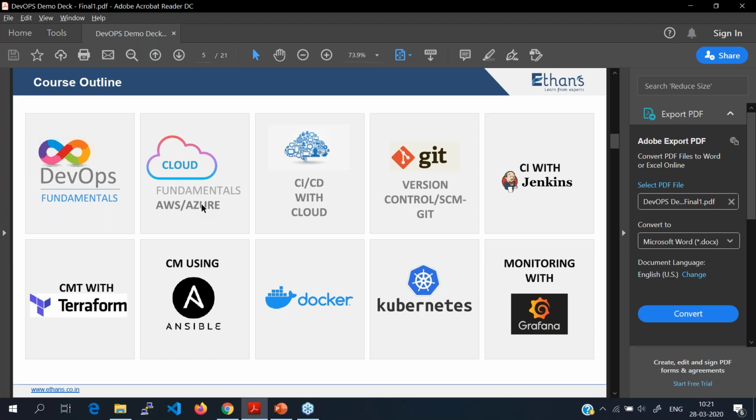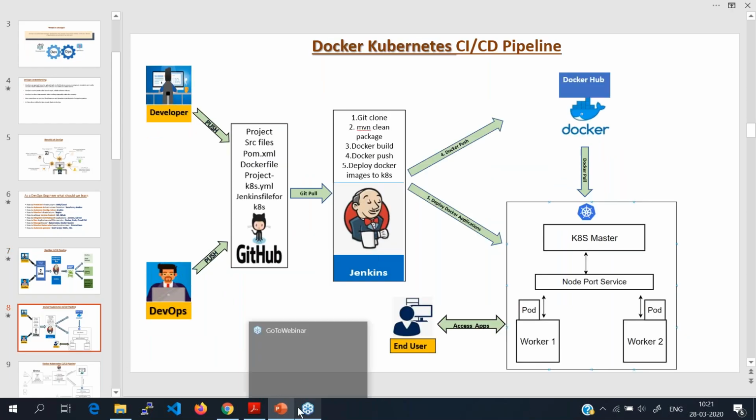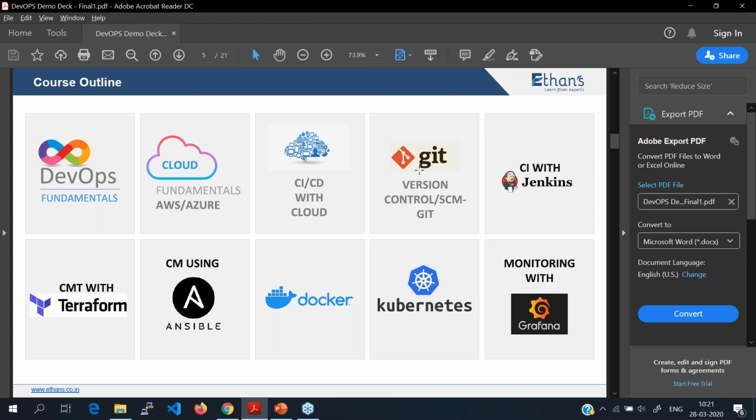Okay. So next is CI/CD with the cloud. So we're going to adopt the best practices and the culture in real time. Okay, and Git version control. So now we have to work on version control. If you take an example of your resume, once you learn a tool, you mention that tool in your resume. If you learn Python, Java, or any other languages, or if you're working on different tool stacks,